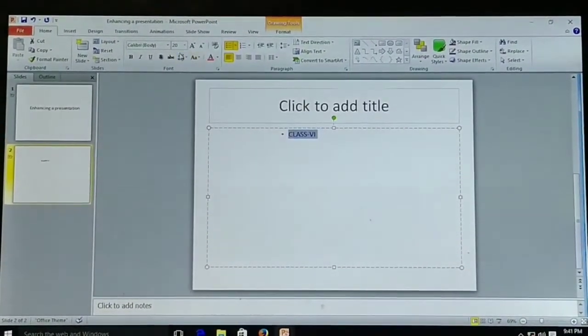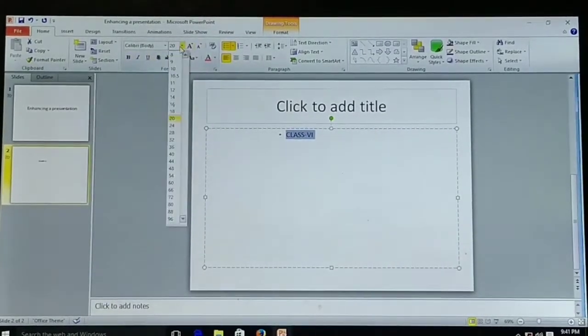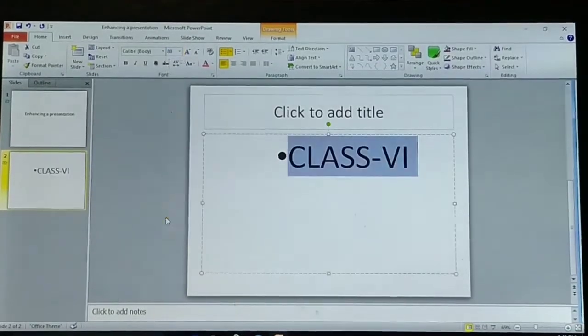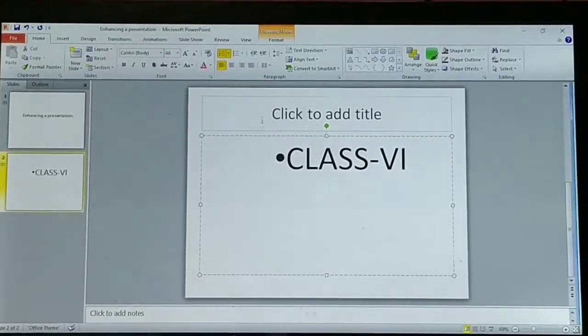We can change the font size from here. 88. Now it's okay.